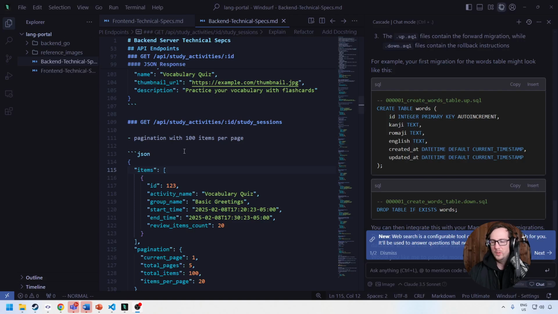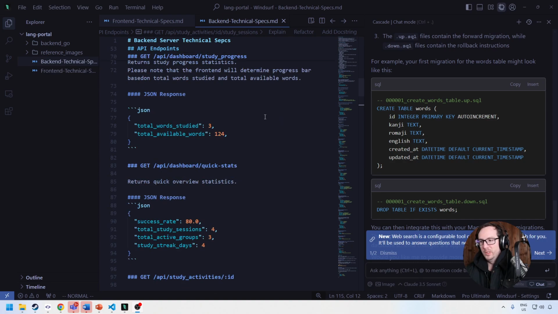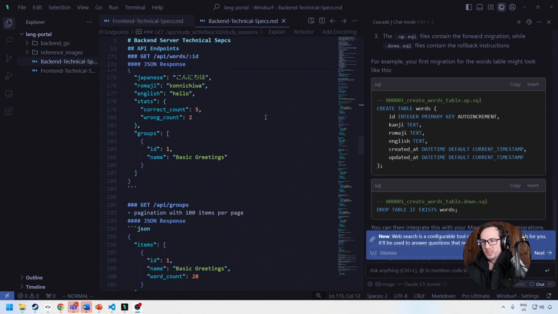Hey folks, we are continuing on here. We have our full backend technical spec completely written out. And so I'm hoping with that we can write our backend Go code. Now, by the way, we could use this to write any kind of backend code. All we'd have to change out is the word Go. And maybe we did have one part that was specifically about,